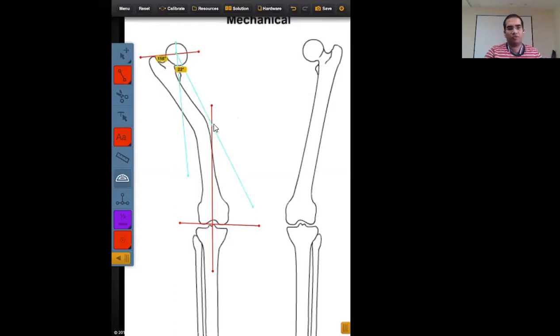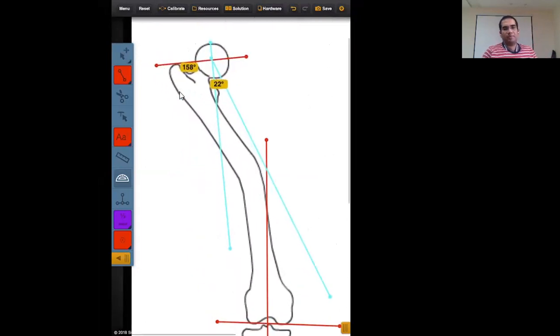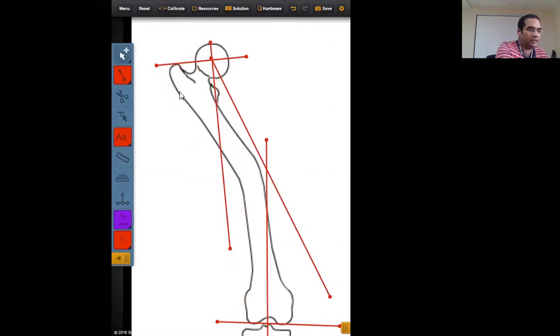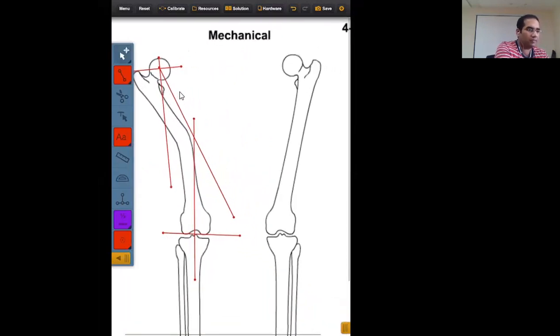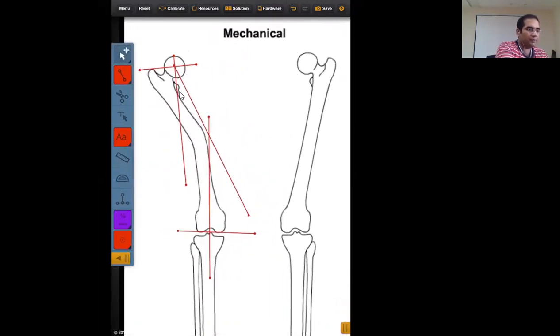The CORA of the proximal part is 22 degrees. This has got the coxa vara. There is a coxa vara of 22 degrees magnitude. So now let us just correct the deformity, and then you will know how the neck shaft angle improves. Whenever you have got a case of coxa vara, you need to increase the neck shaft angle. You do an osteotomy at the level of the lesser trochanter or just above.